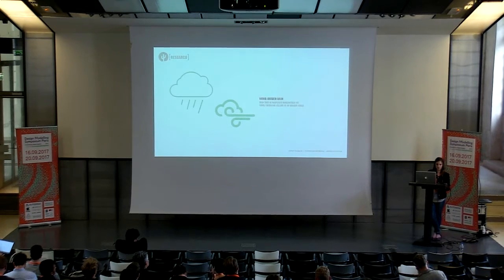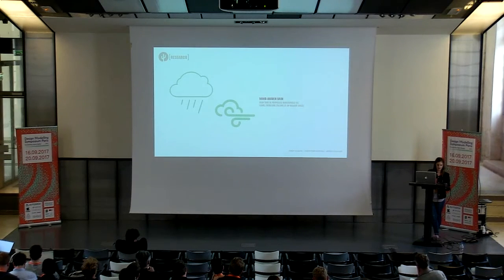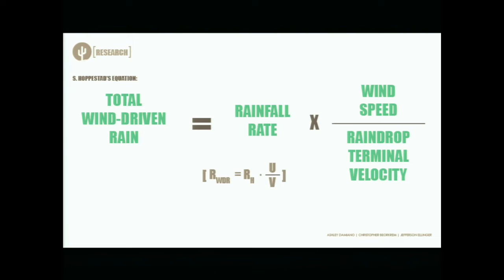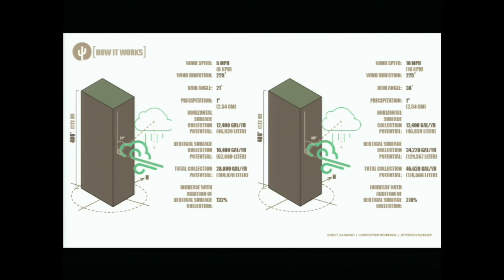However, real-life measurements of wind-driven rain indicate that the intensity of wind-driven rain increases proportionally with the wind speed and the rainfall intensity. And that proportional relationship has been presumed in research over the past 60 years. So that became the basis of our calculations. Hofstad derived an equation to relate those proportions together, and that is what we based our calculations off of for this tool. So CACTOS is a tool that is intended to create comparisons between building masses